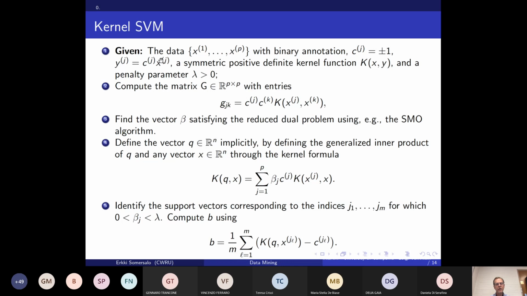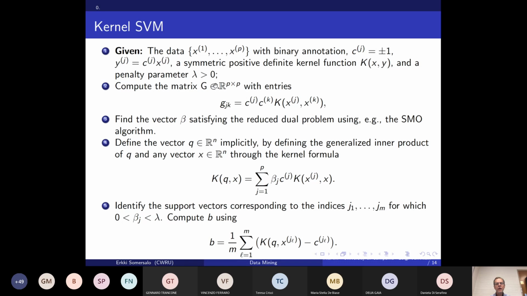So we start with the data x1 to xp, and with binary annotation. And actually, I don't need this y, so you can strike through this yj because we don't need it anymore. Okay, and I take a symmetric positive definite kernel function instead, and a parameter lambda, which is defining my